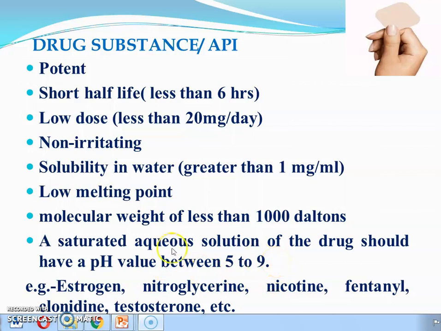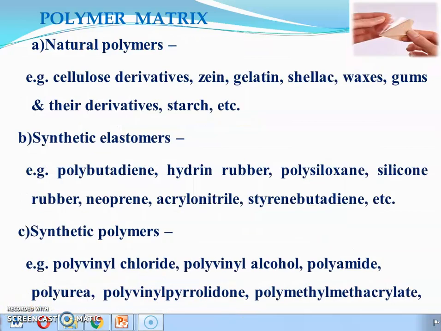So some examples of the drug that may be incorporated in the transdermal drug delivery systems are estrogen, nitroglycerin, nicotine, fentanyl, clonidine, testosterone, etc. Second component, it is a polymer matrix. The polymers play an important role in the controlling of release of the drug from the formulation, and it gives the prolonged effect. So various types of polymers are used in the designing of transdermal drug